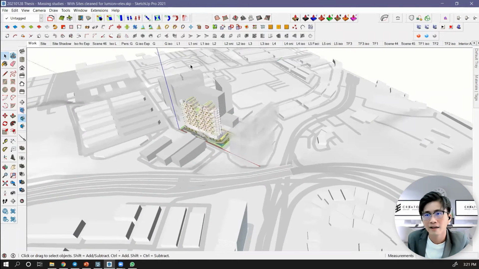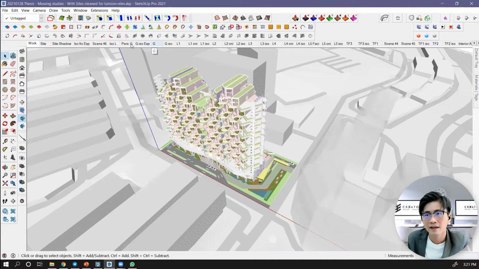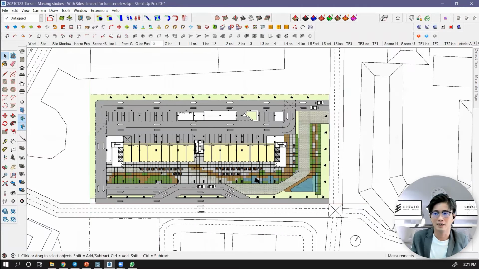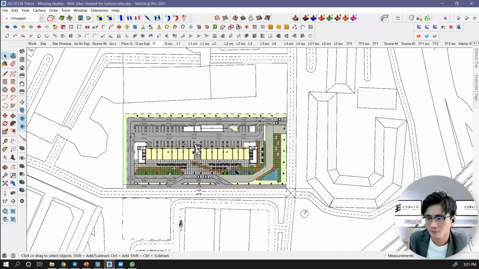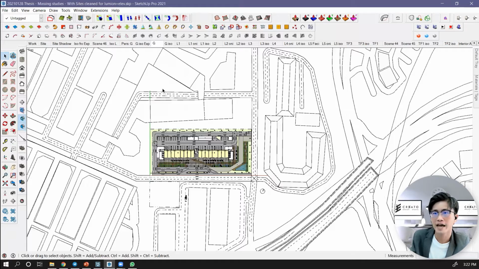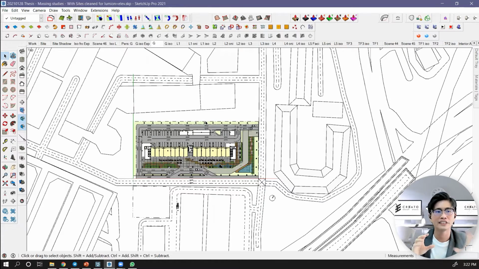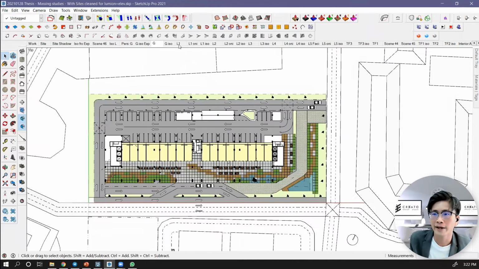Okay, then how about my floor plans? This is my ground floor plan. Of course, not 100% done, but somehow presentable. Every time I hit the scene tab, it leads me back to these camera settings. And how about my level 1?